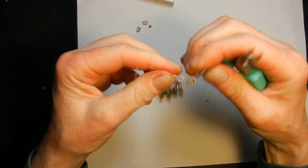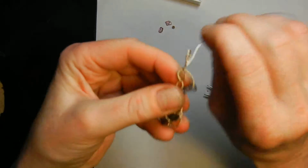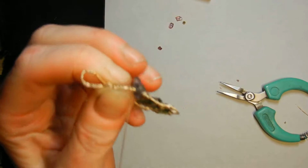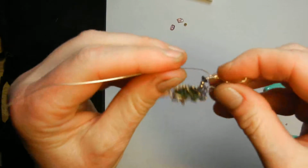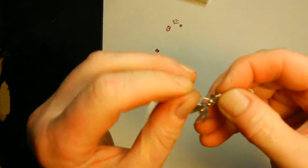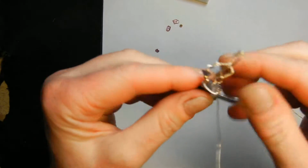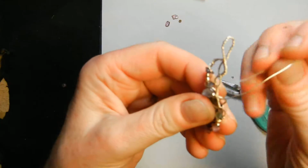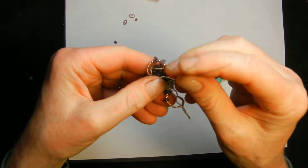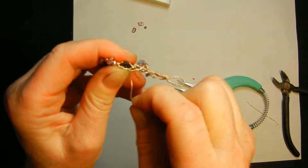And I still have a tail, so the question is, what am I going to do with this tail? Well, I can do all kinds of interesting flowing design elements. I can do something as simple as a looser weave that can move in and out of the chips and the beads. And again, you're trying to create a sense of energy flow. And when you get down to the end, you can also anchor or increase the attachment of the wire to the main wrap,